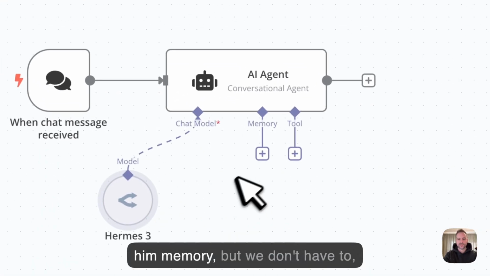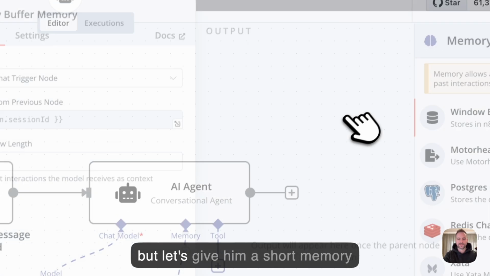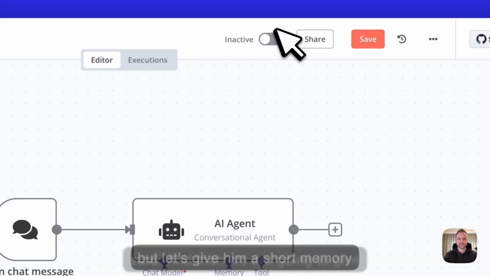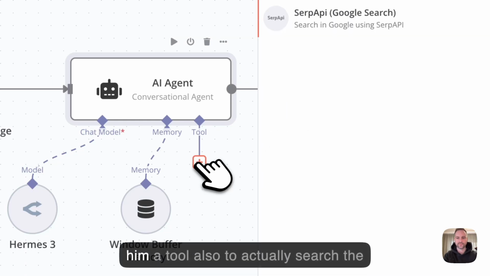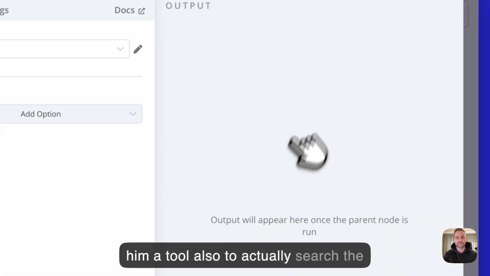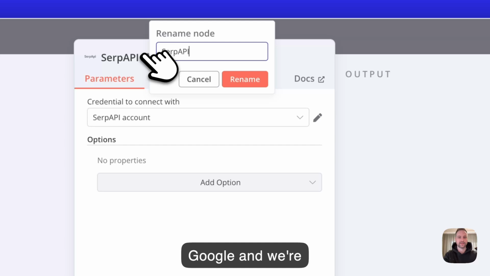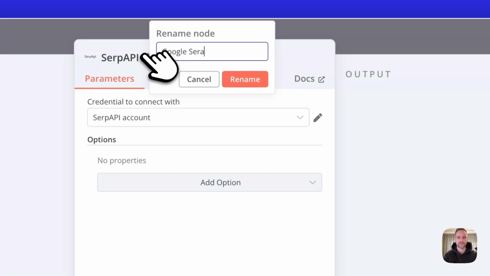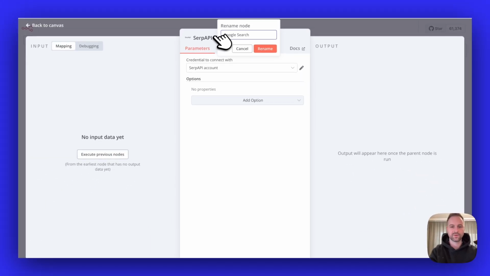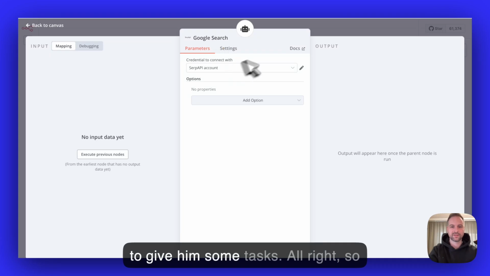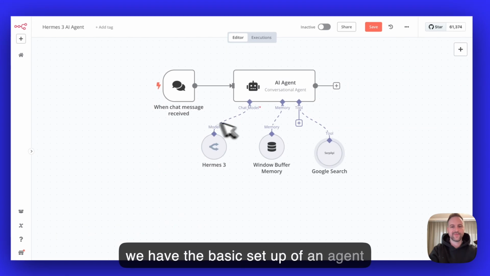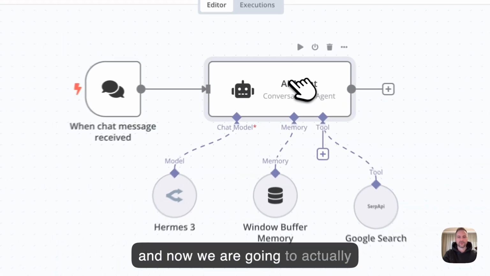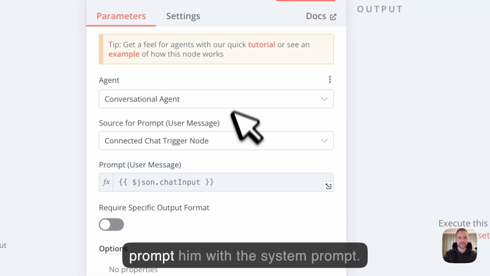All right. We can give him memory, but we don't have to. But let's give him a short memory, sure. And then we are going to give him a tool also to actually search Google, and we're going to give him some tasks. All right, so we have the basic setup of an agent, and now we are going to actually prompt him